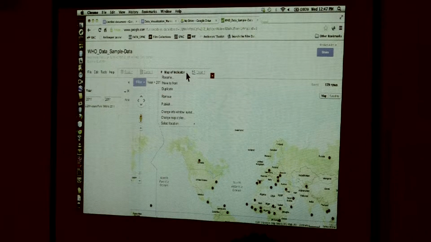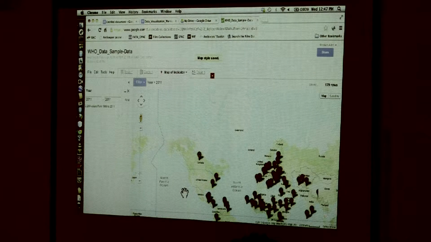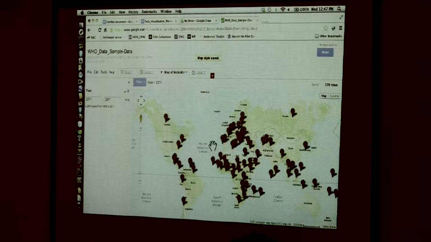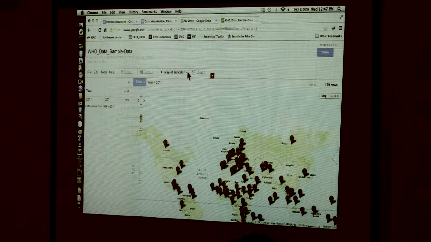So right away it looks kind of ugly. We'll change some of the styles. These things were hard for me to click on, so I'll make them a little bigger. So this is a little easier for me. And then the next thing is I got a bunch of red push pins. That doesn't really tell me much. So let's